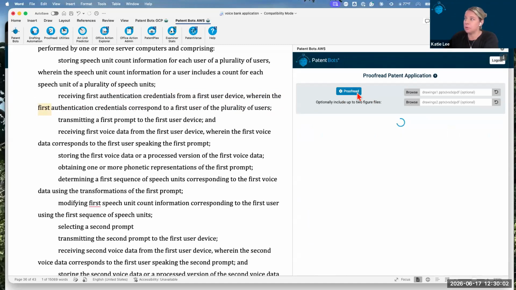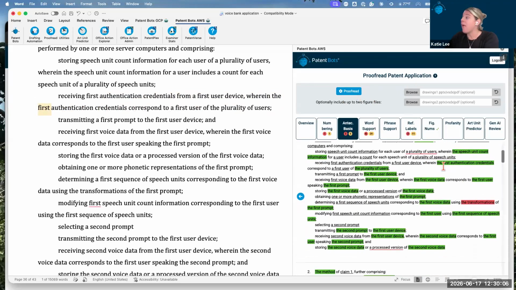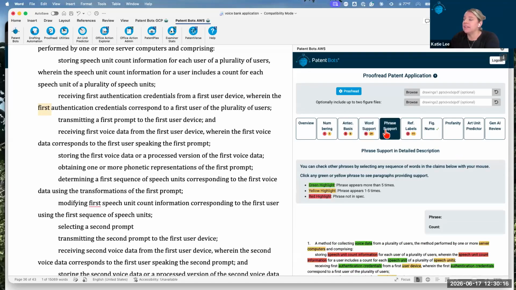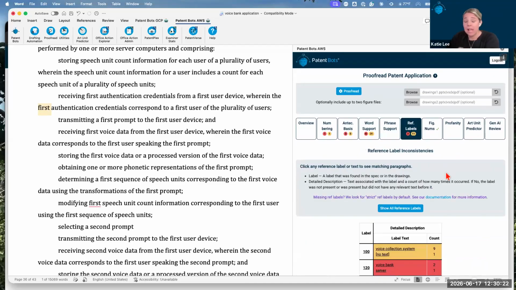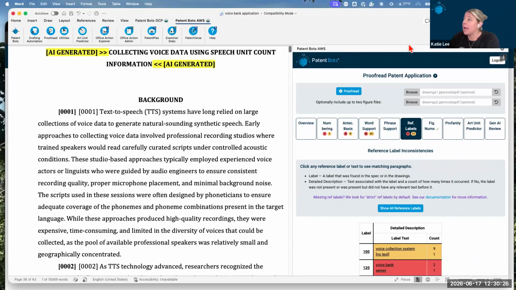And I want to redo the proofreading because I want to see that gone. And you're noticing that that yellow box has turned green because we've appropriately fixed that antecedent issue. All of the other tabs work the exact same. We look for word support in the spec, phrase support. We will look at inconsistencies with your reference labels, and we can do that up at the top here,